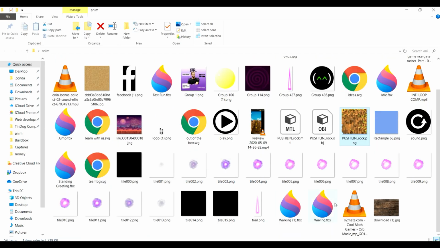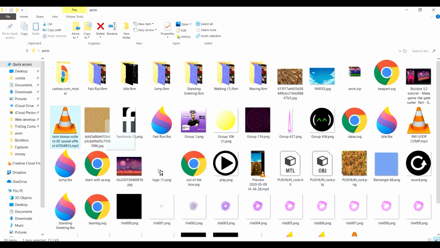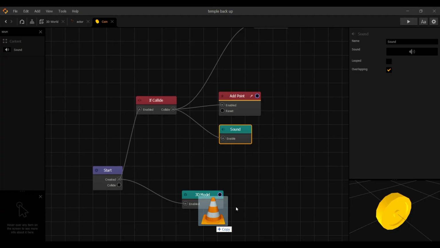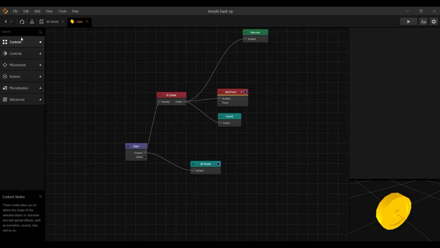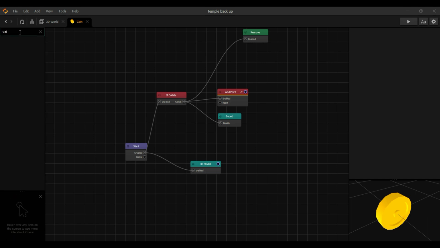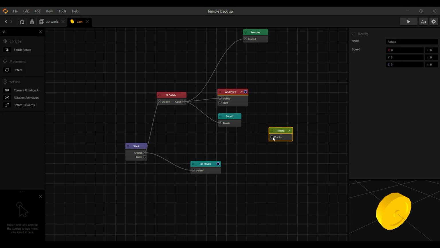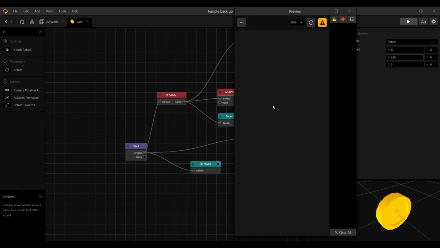So I have downloaded a sound, and I will be sharing this with you guys as well. So just drag and drop it here. I want the coins to be rotated, so I'll add a rotate node, and connect the enable with the created, and now we are rotating 180 degrees in the y direction. So now when you play this again,